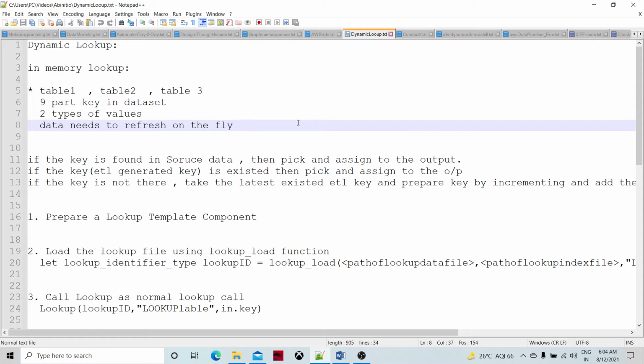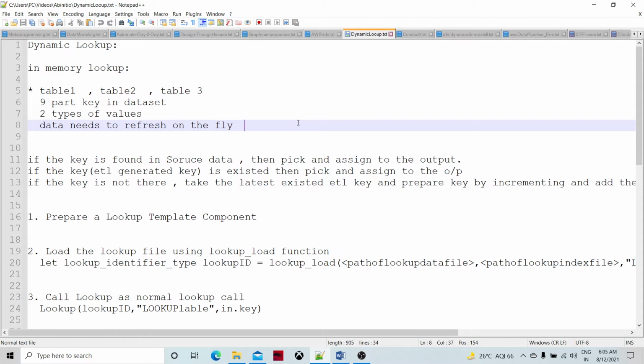So we create that lookup in the initial processing of our particular job or stream of jobs. Then what we are supposed to do is use our data from other tables, and we are asked to create a lookup key if that particular key is not available at that point in time.